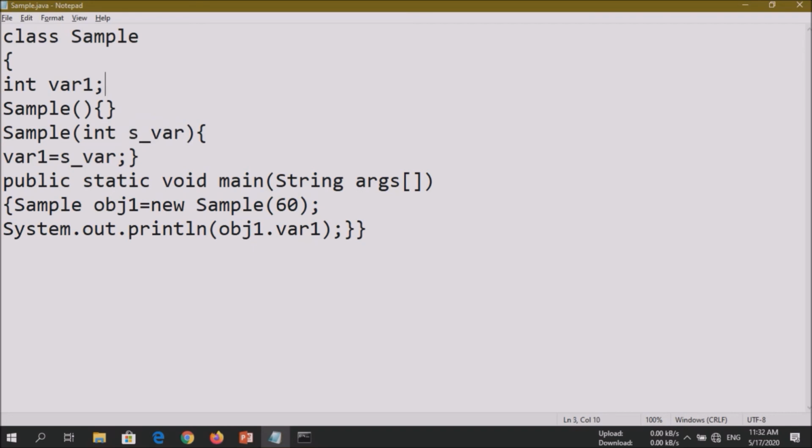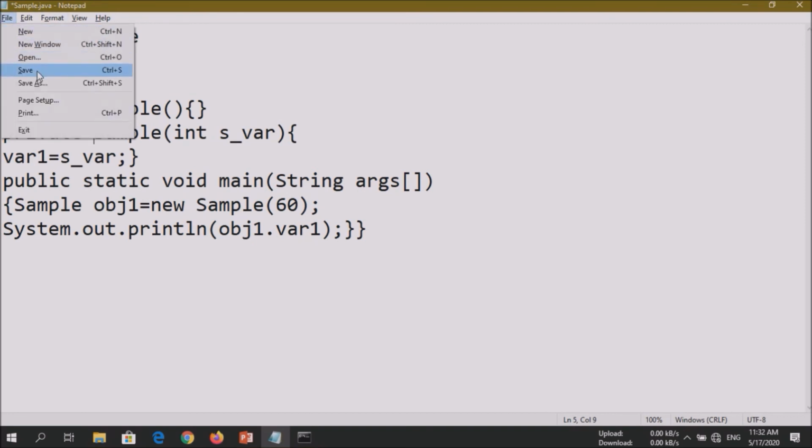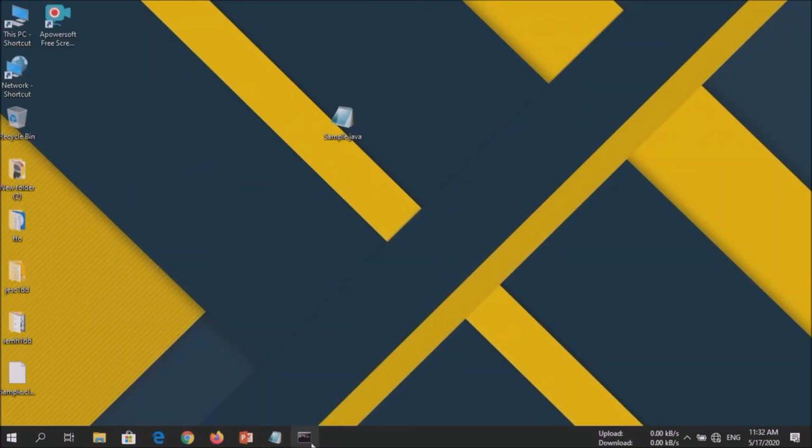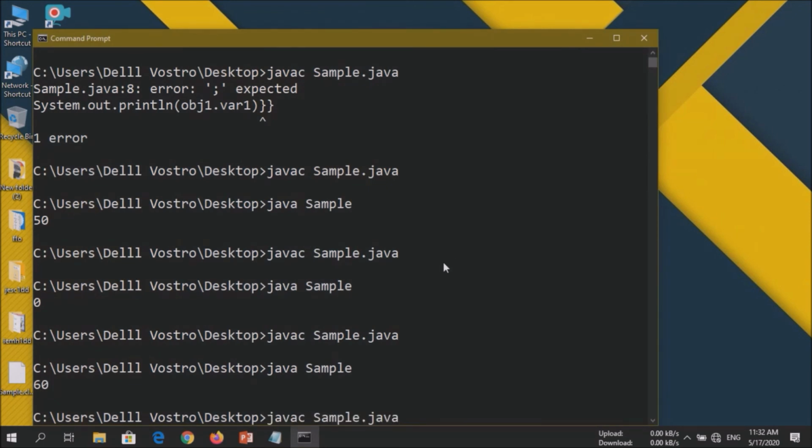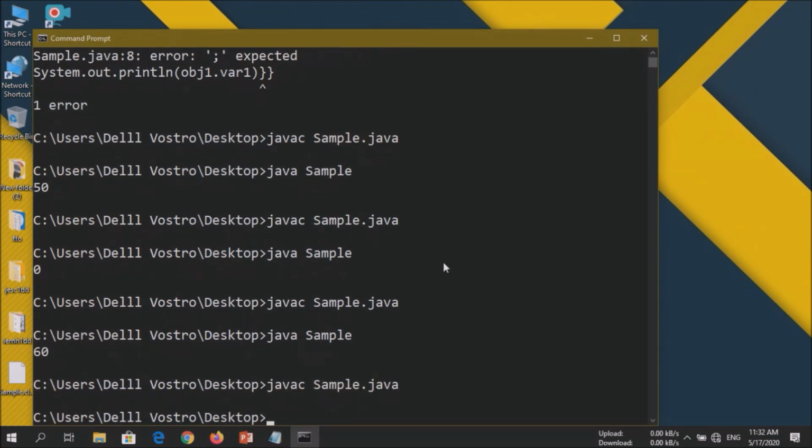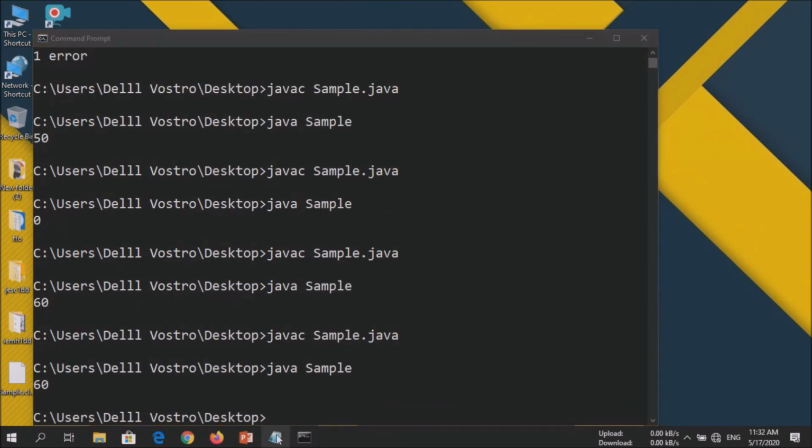Now there are two more things that we should know about constructors. Constructors don't have any return type. Also, we can give an access modifier in front of it, like this. I made both of them private. Now let's save it and check whether there is an error or not. No, it's fine, there is no error. Again the same result.